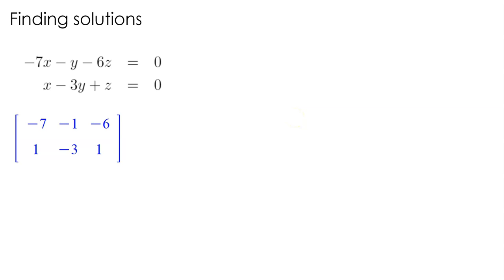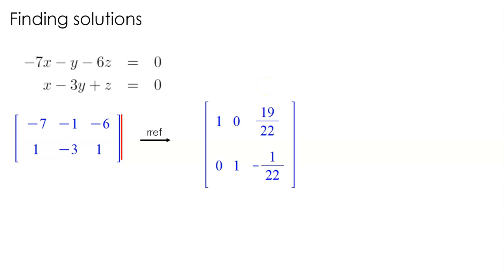Okay, now I'm in 3 space and I have 2 planes. So I know I'm not going to get the solution of just a point. I know I'm going to get a solution because it goes through 0, 0. These are homogeneous equations. This is my coefficient matrix or my augmented matrix. Reminding myself what the zero is, I put it in reduced row echelon form, and I get, oh my gosh,